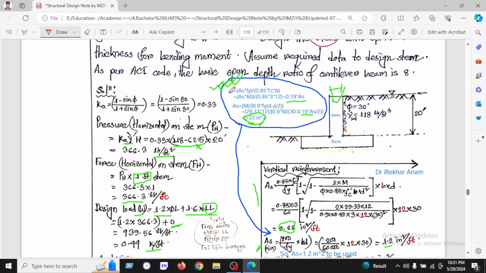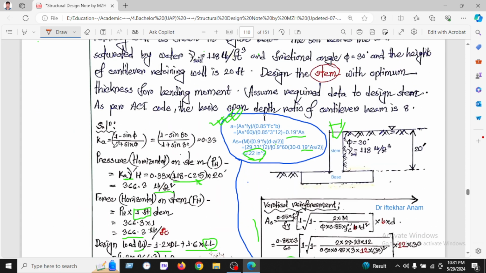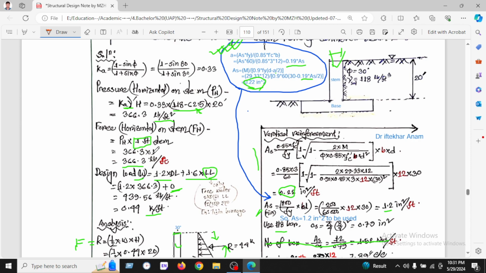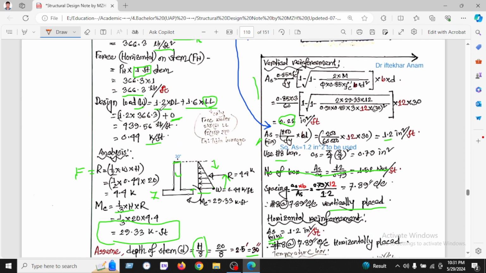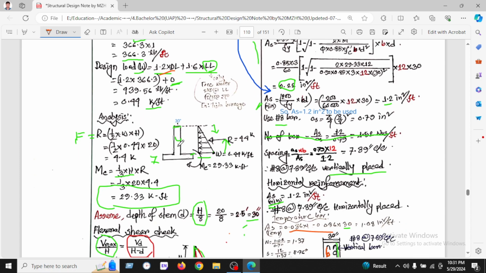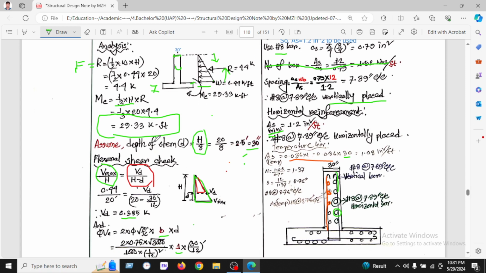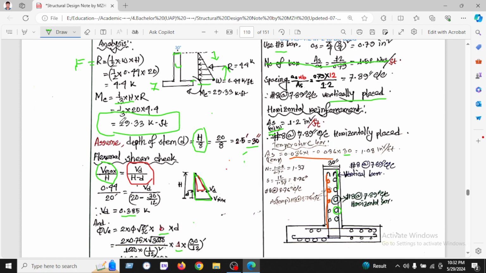So I can conclude, I can summarize that. At first we found the active pressure coefficient, then active pressure, then horizontal pressure, and the force has been converted here to one strip and designed with 1.2 dead load, and found the force, which is the area of the triangle we can call the force, and the moment is acting from the bottom, which is 1/3 into force, and found this moment we will design,